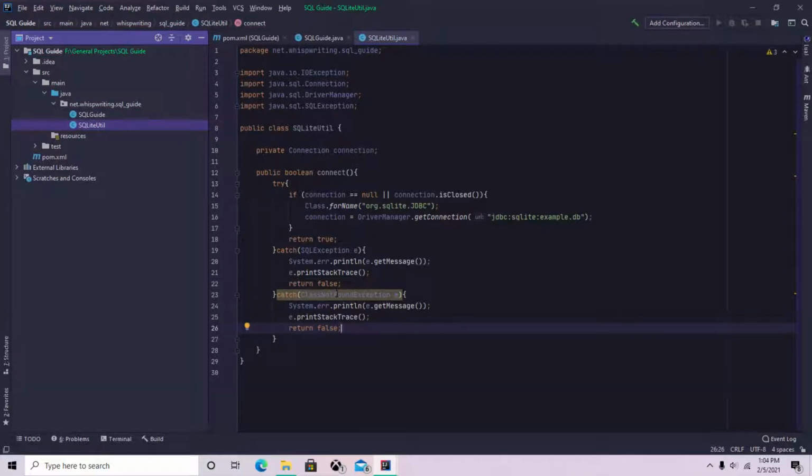Now, this is appearing yellow because these two errors have the same exact catch block. I think there's a way you can have in the catch multiple different exceptions that it checks for, but I don't remember how to do that. So,